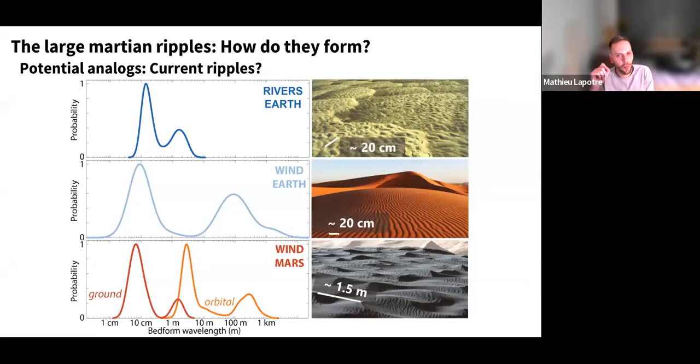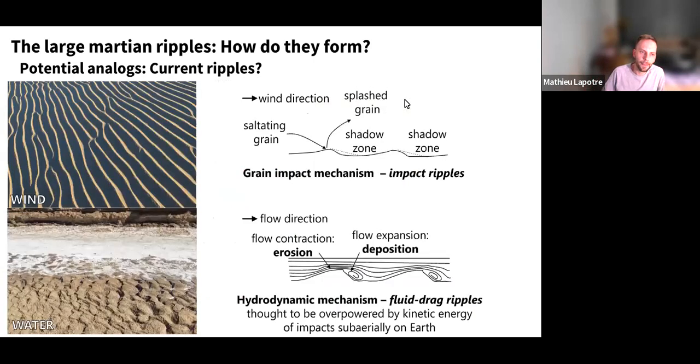Now, there's another type of bedform that those large Martian ripples actually resemble, but those are not formed by winds, but instead by water on Earth's riverbeds, right? They look like subaqueous ripples. You can see here a set of current ripples in the top right picture that formed on top of larger river bars. They are asymmetric. They are sinuous, just like our large Martian ripples. Now, in water on Earth, they form at about 12 centimeter wavelengths, and they are distinct from fluvial dunes, which form at meter scale wavelengths typically.